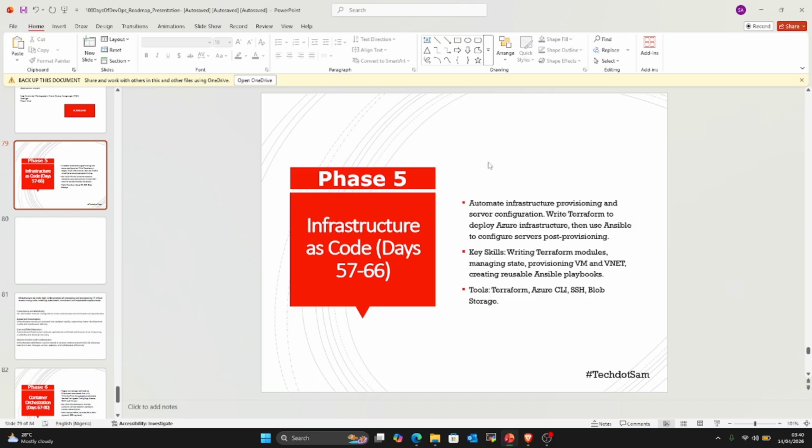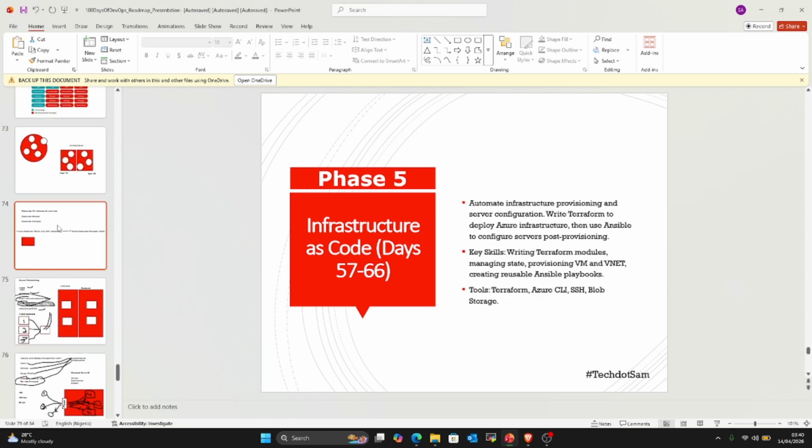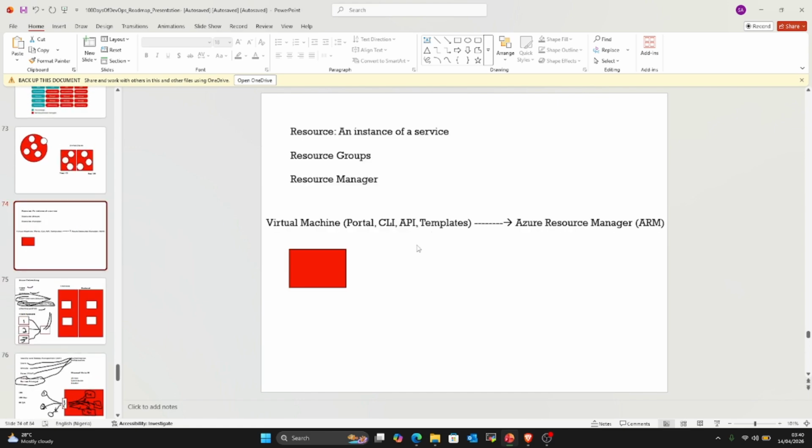And towards the ending of that particular series, there was a time I made reference to how resources can be created on the Azure platform. I said we can create those resources by going to the portal and then clicking through create resource. We can also create those resources through the CLI, that's the command line interface, which we did.